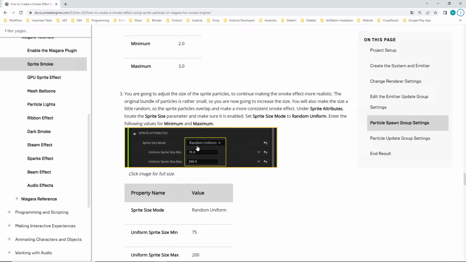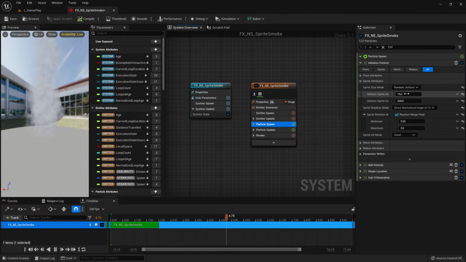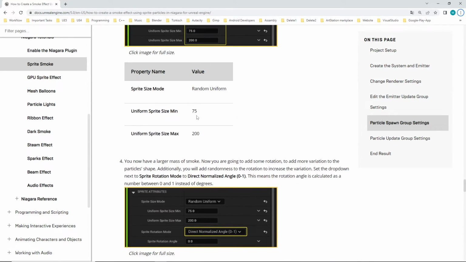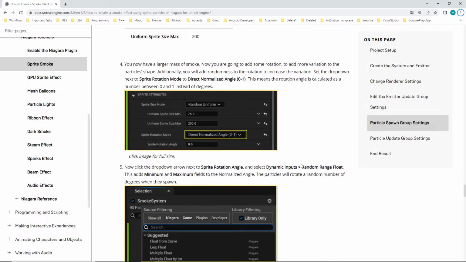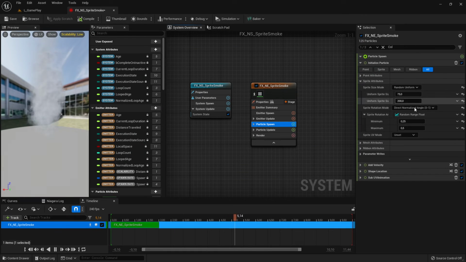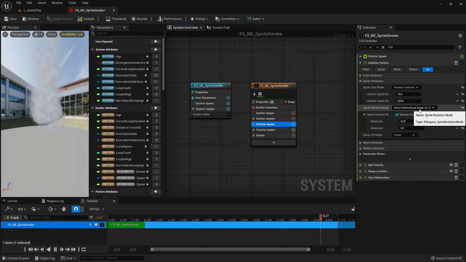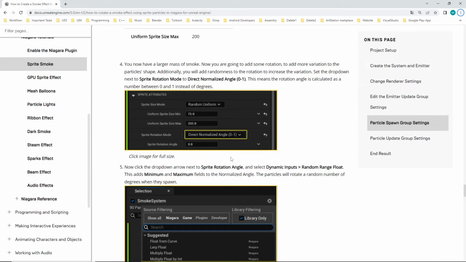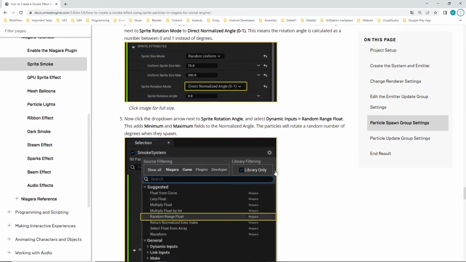And then you set what they have here, random uniform, which is on top, and the numbers here, 75 and 200, very nice. And then the other thing here as well, they set the sprite random mode to make it more random, so to manipulate it. And they use this direct normalize angles, and then set minimum and maximum to 0.25 and to